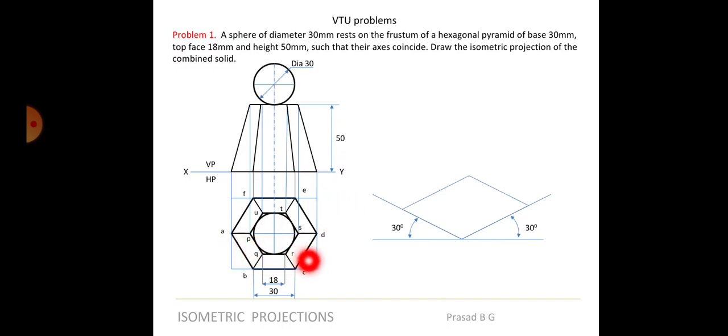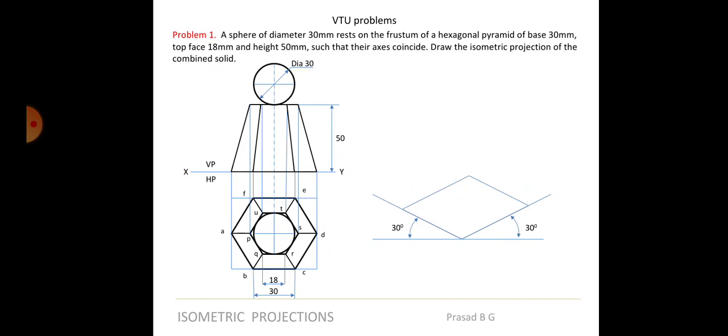So you make this particular box here, get the distance, so you know what are the points you're going to get here: B and C. B will be here, C will be here. You have to measure the distance properly. If I take this box as 1 2 3 4, 1 to B, 2 to C distance, 1 to B somewhere here it may come, 2 to C somewhere here it will come, D will come here, E will come here, F will come here, and A will come here. So that will complete the base.